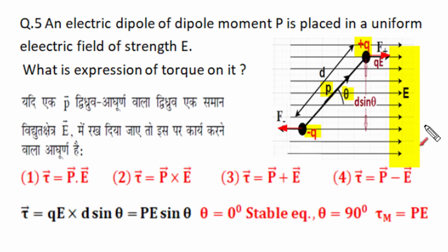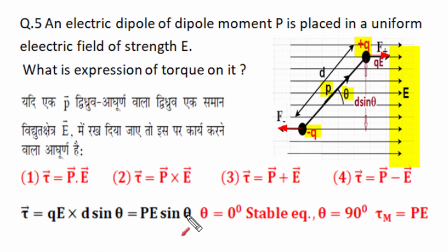and the normal perpendicular distance between the force lines is, if this is d and this angle is theta, then this is d cos theta and this normal distance becomes d sin theta. So torque is the product of force QE and the normal perpendicular distance d sin theta. Now the product of charge and distance becomes the dipole moment P, so torque can be expressed as P E sin